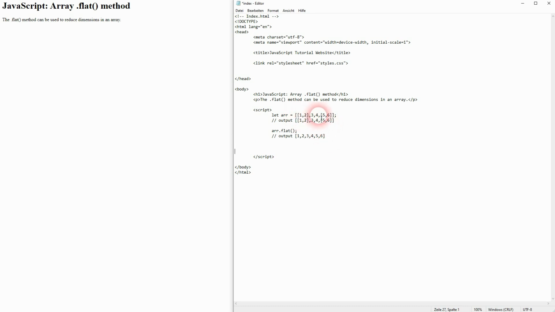Let's just say we have a three-dimensional array. So let me add another dimension right here. The output would obviously be like that. So 5, 6 is now on a deeper, the third dimension, 1, 2 on the second dimension, and 3, 4